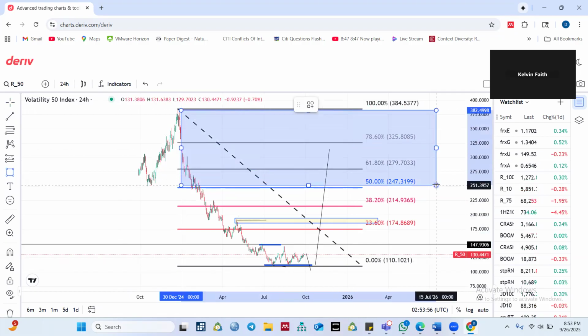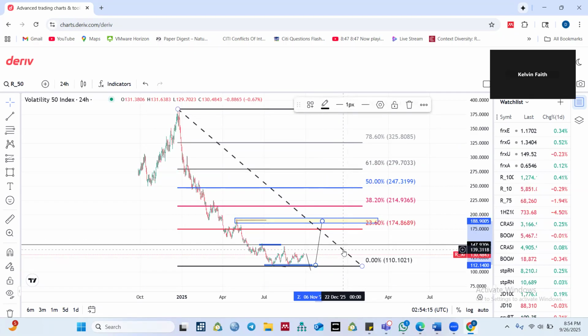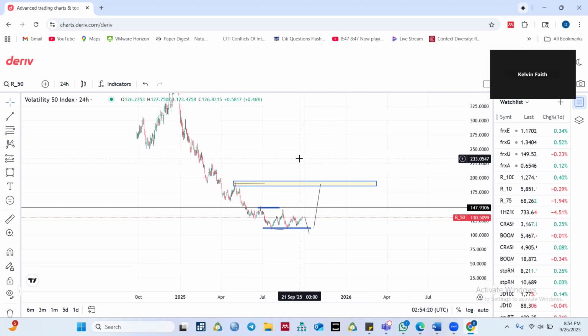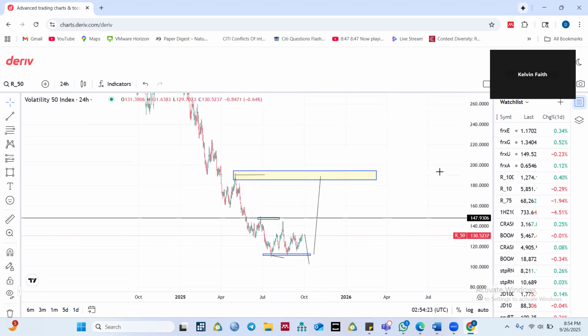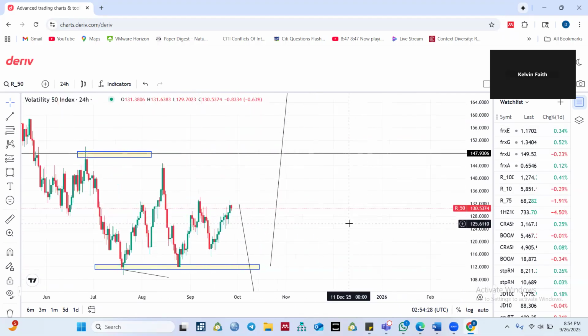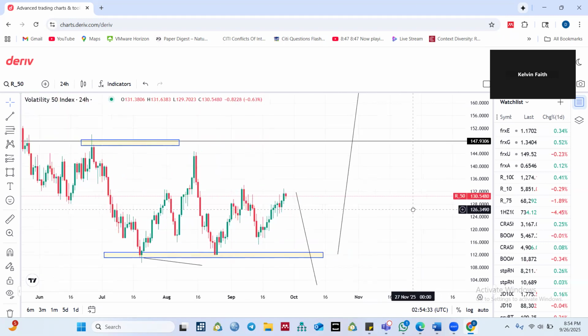Price pulls back into this area here. But for now, because that's going to be a very long-term move, we will just think of price as, let's say, it wants to pull back into 23%, the yellow area. So if this is the case, then for this pullback to happen, if this is the time where price wants to do this pullback, and if this pullback really wants to happen, then